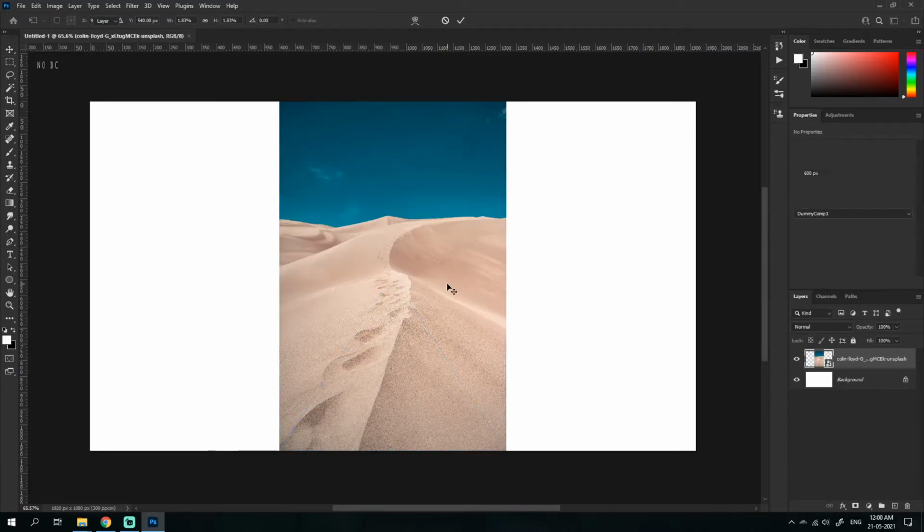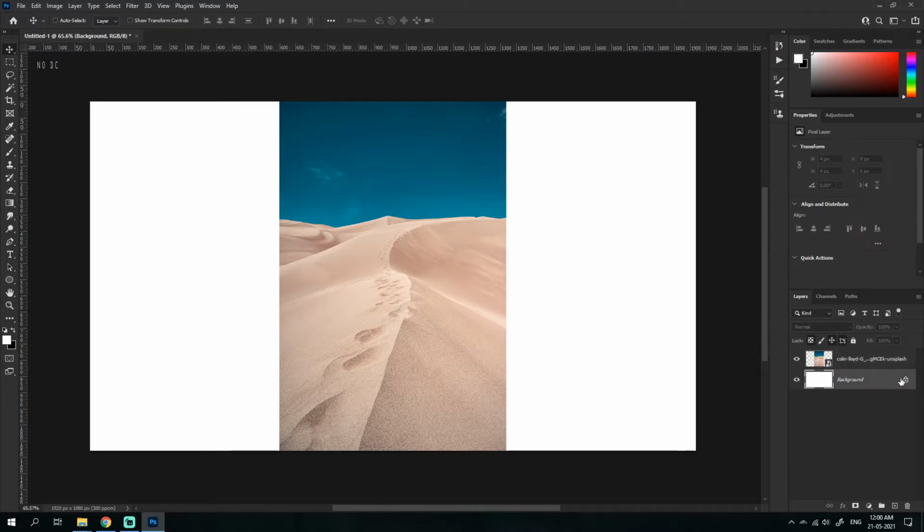It takes time, press enter, and you're done. You could see it is entered here. This is the layers section, and to explain layers in an easier way, it's just that this section is lower, this section is above.